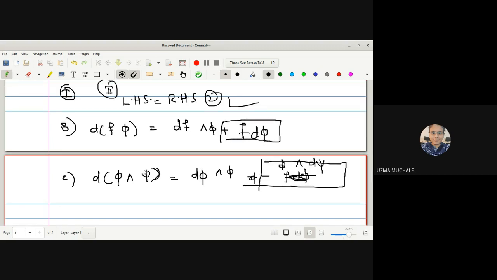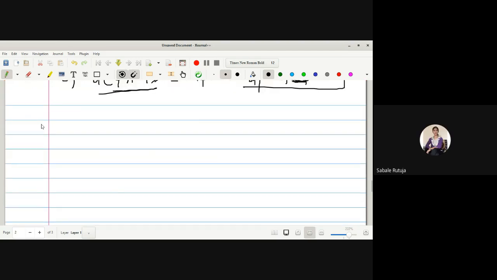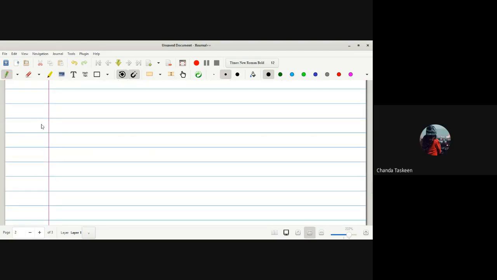So you have to think on that change. Here f is a real valued function and phi is a one form, but here phi and psi are both one forms. Just try to do this. You just have to put in the values and use properties number 1 and 2 to prove the third property. Yes, you will do this as homework. Yes, ma'am. See, I'm not going to solve this in the next lecture, so that's why I'm asking you. Okay, now let us go for the next part.